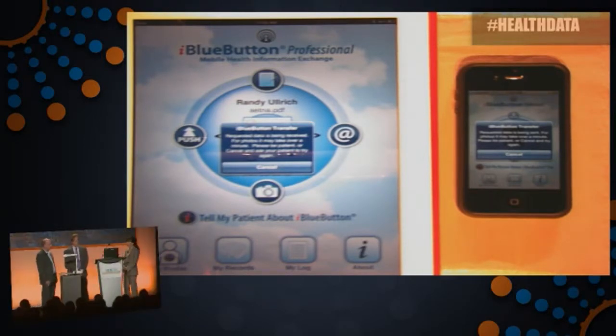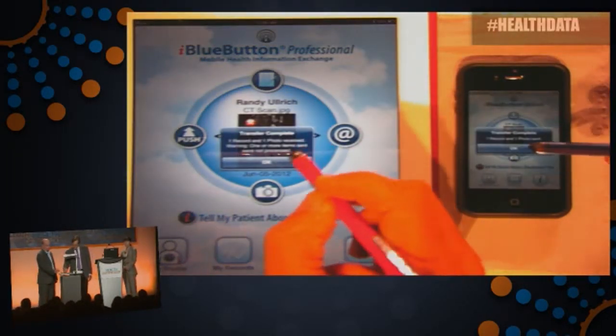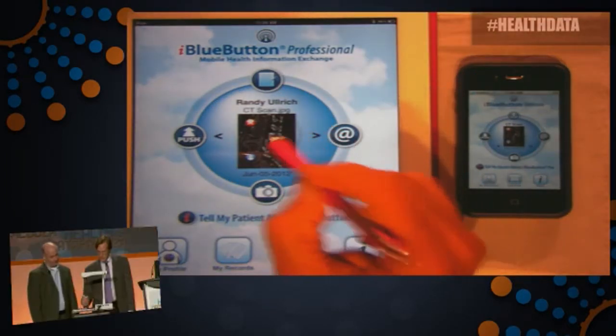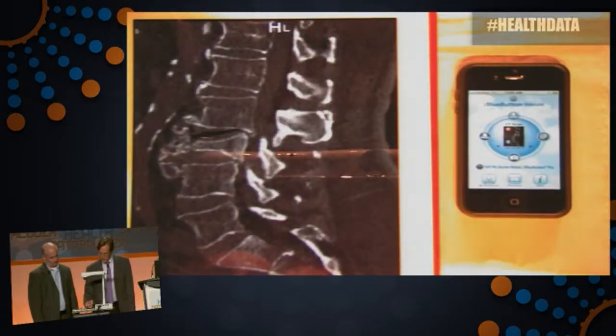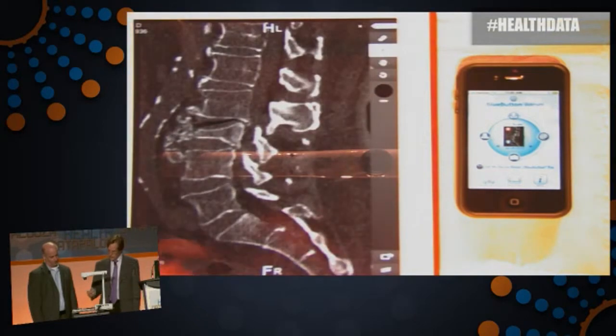So what Randy has done here, he received from the ER where he got that CT scan study done, a CT JPEG image. And then he used Dropbox to import that image into his PC and then next to his iBlueButton app. Okay, Randy, I can see your CT, and rather than talk to you about it there, I'm going to launch Adobe Ideas. And cool. I've imported this image that you pushed to me into Ideas, and let's look at this